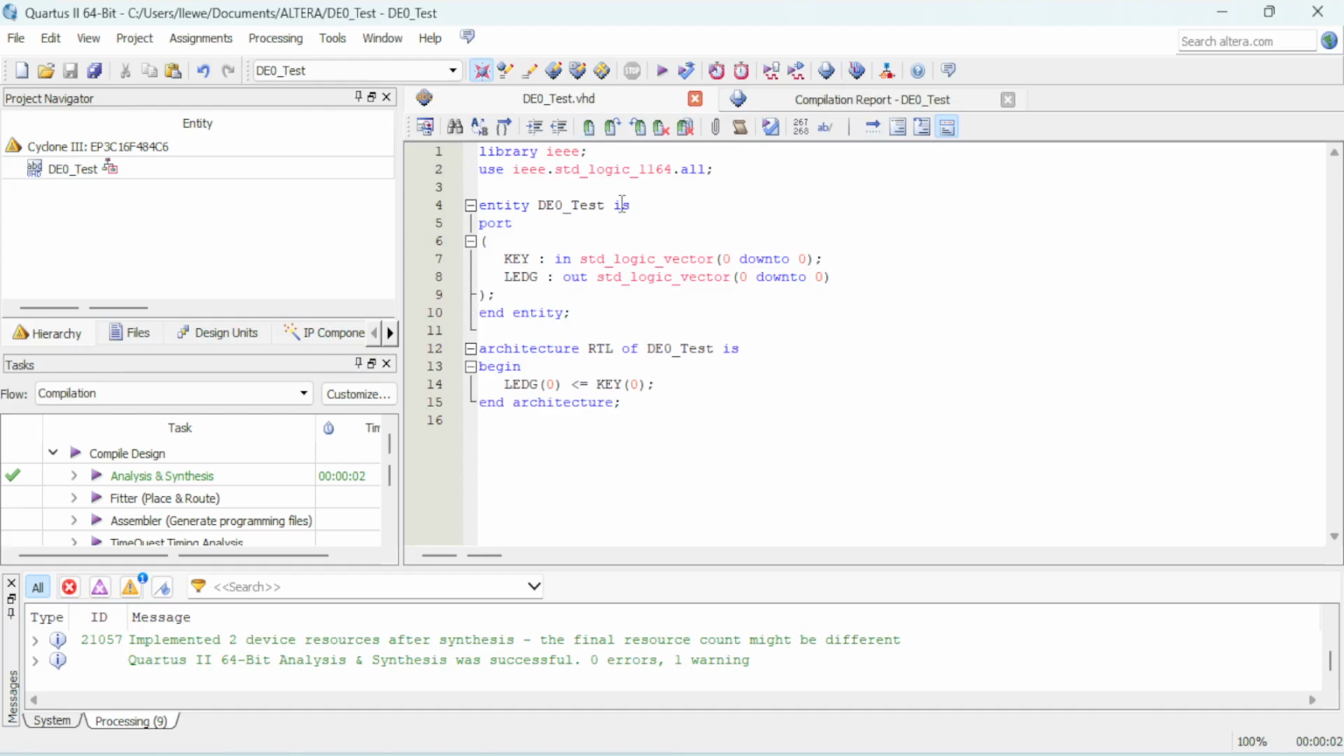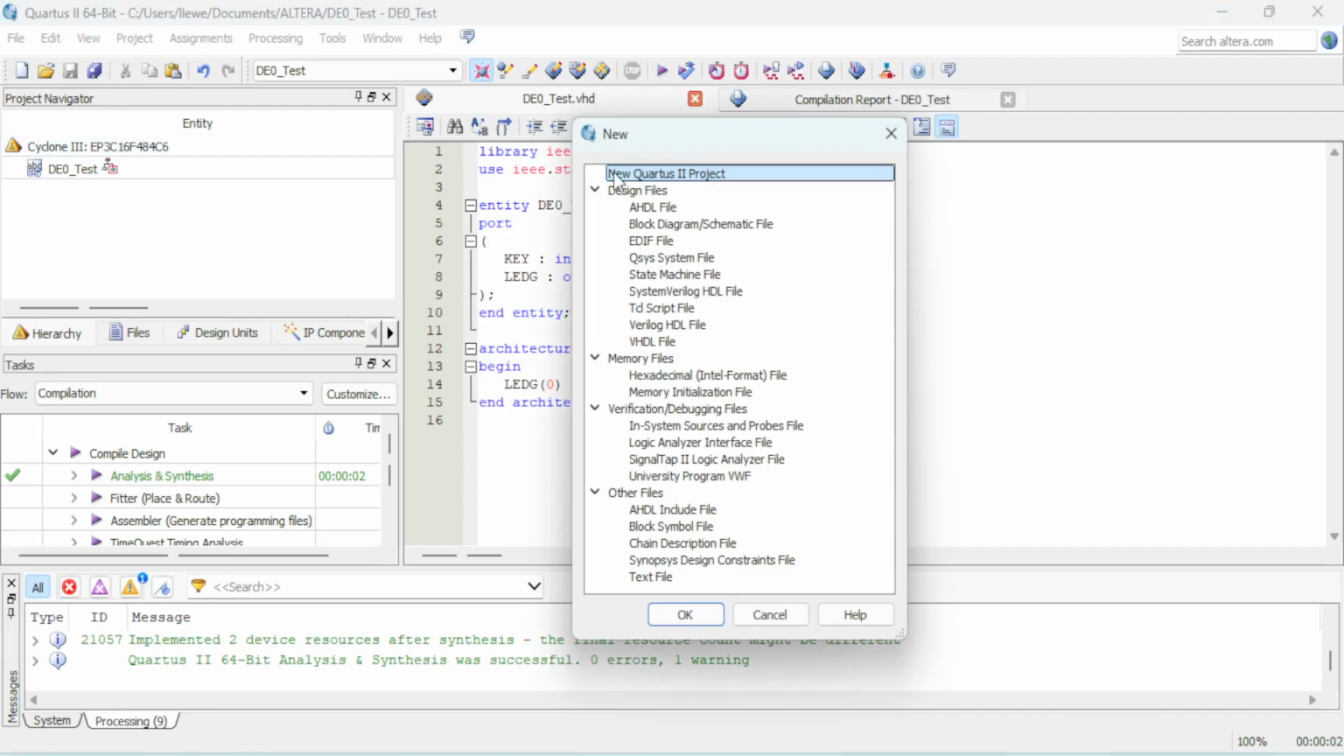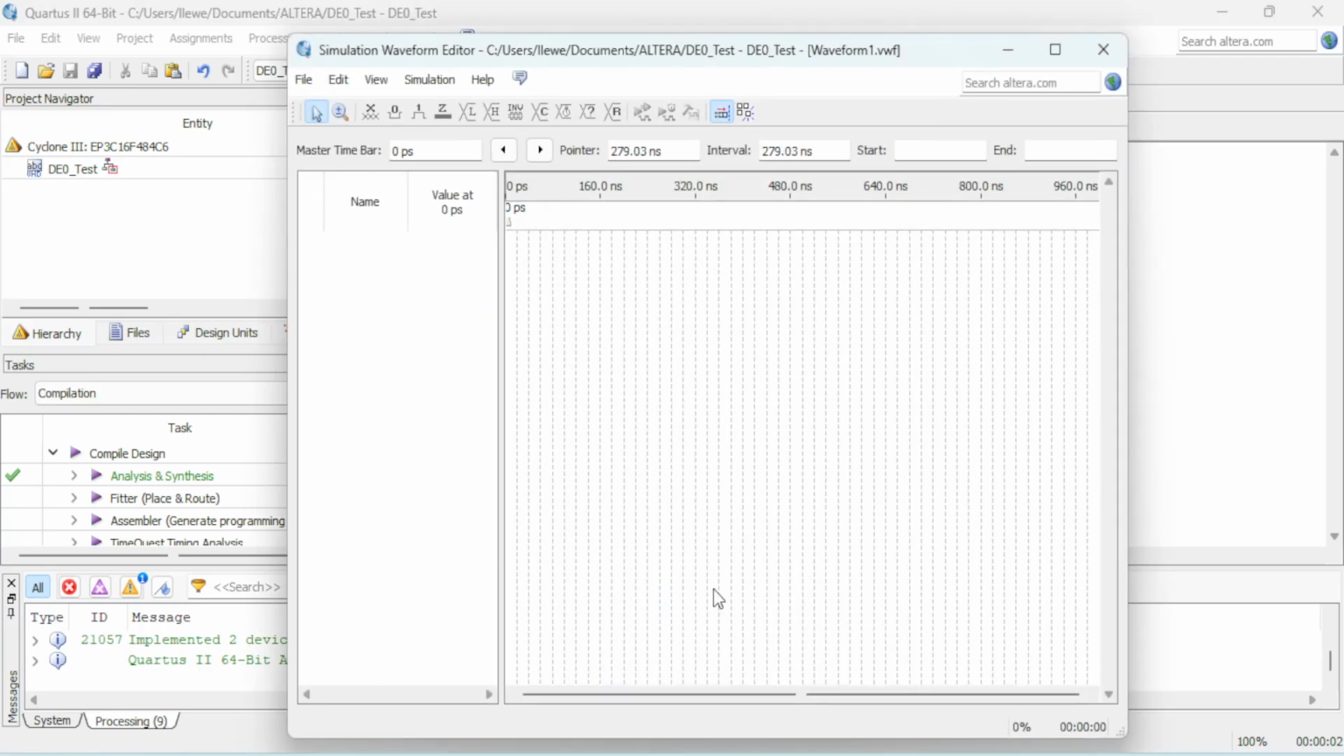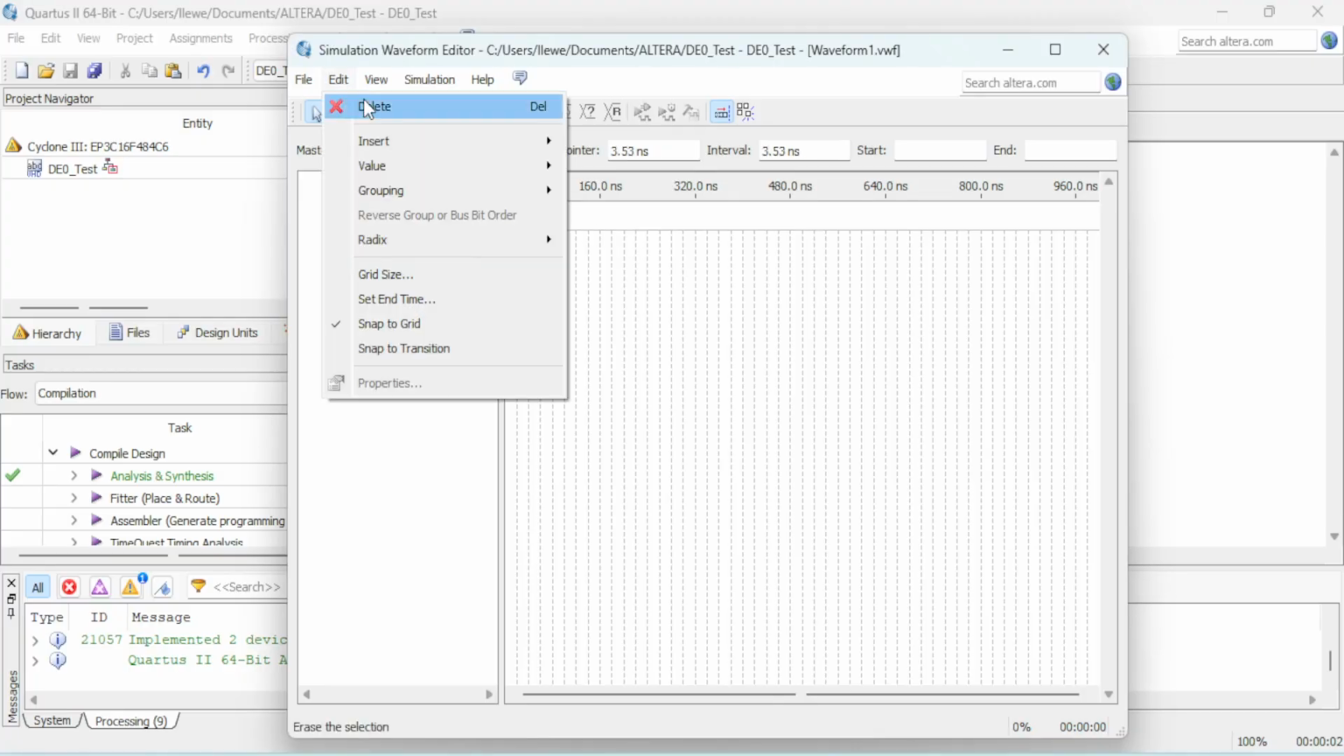Okay, so if we now want to simulate this design, we need to add another file. So we go back, we say New, and here at the bottom we'll see University Program VWF, and we say OK. So it opens up the waveform editor, which is empty. So we need to say Edit, Insert